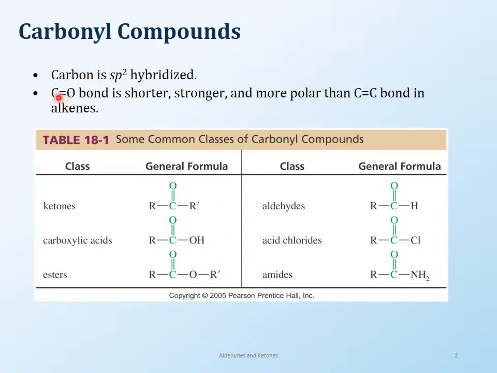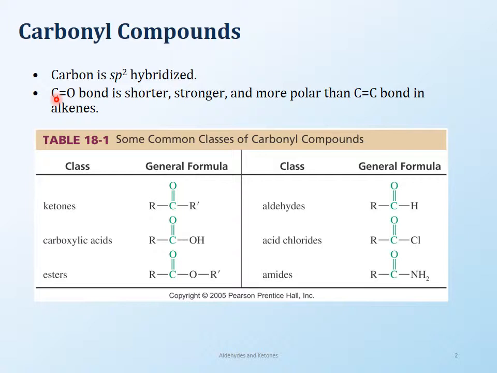C double bond O is shorter and stronger and more polar than C double bond C, obviously, because you have a carbon-oxygen bond instead of a carbon-carbon bond. And because of oxygen's electronegativity, it is more polar, which makes this carbon more reactive, because oxygen is electronegative, it pulls electrons towards itself,